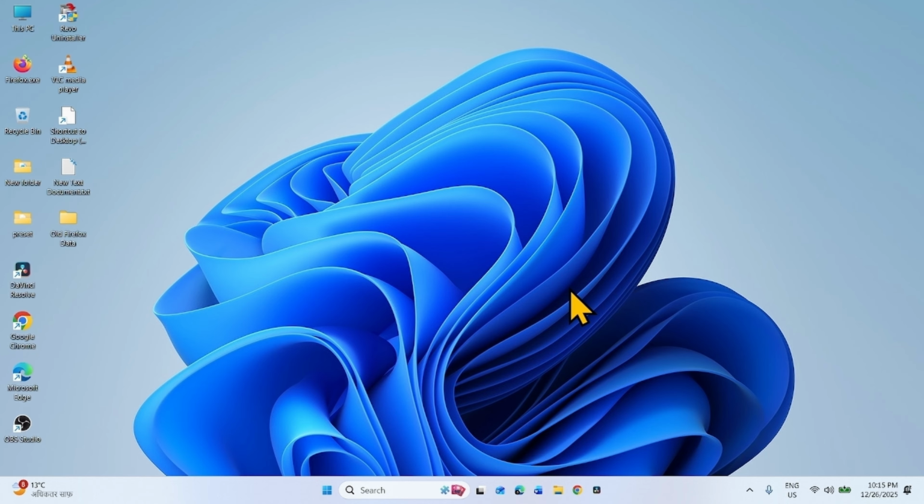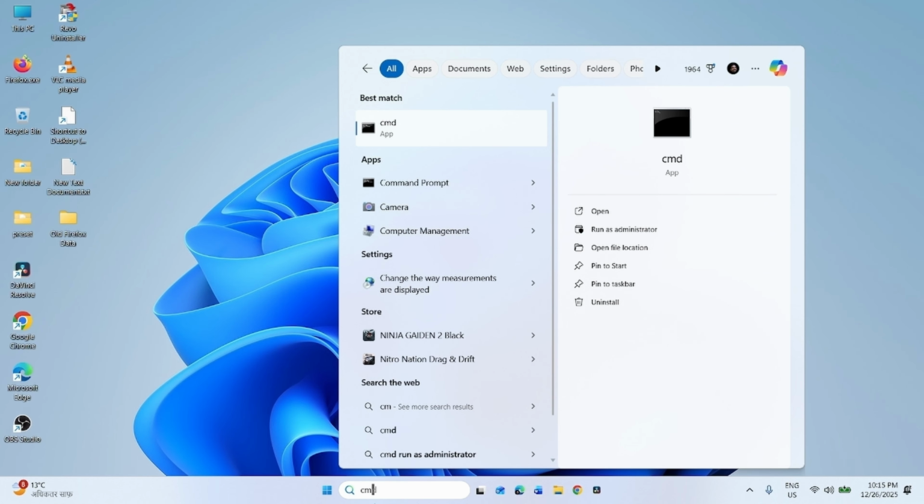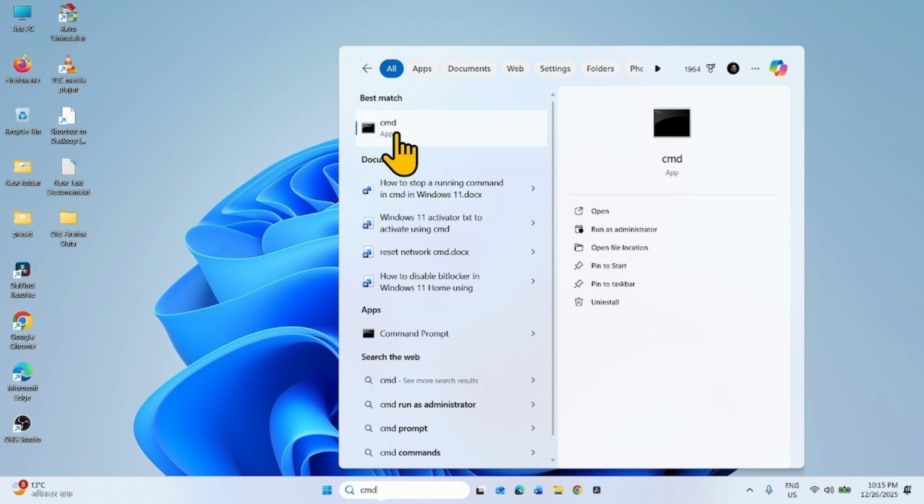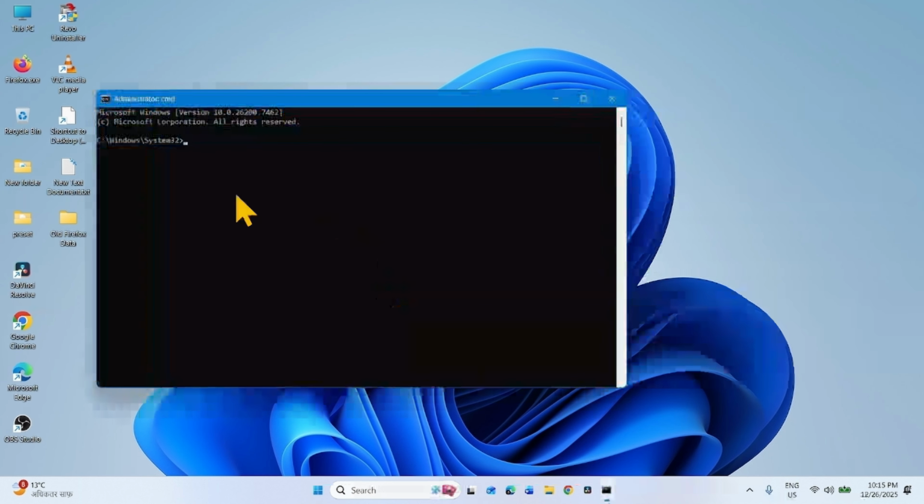First of all, straightaway coming to install a Store app, launch the command prompt. Click on search, type CMD, right click on the result, select Run as administrator. Suppose you want to install ChatGPT from Microsoft Store, then type store